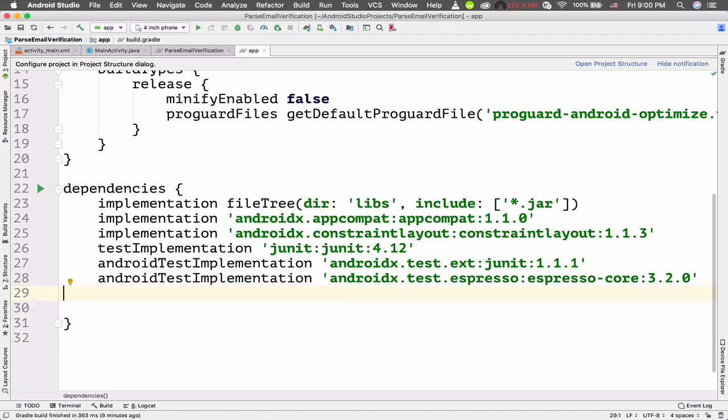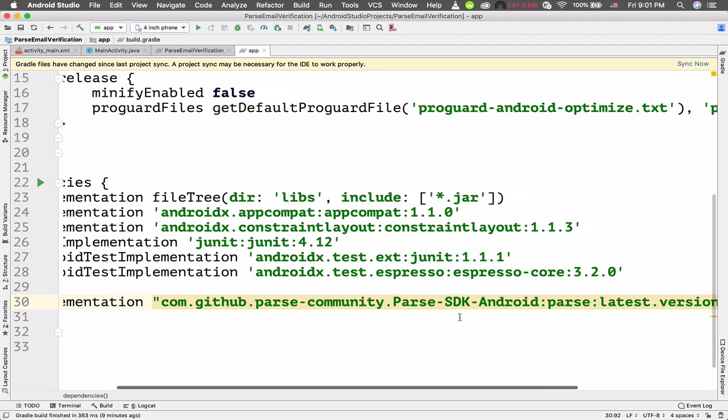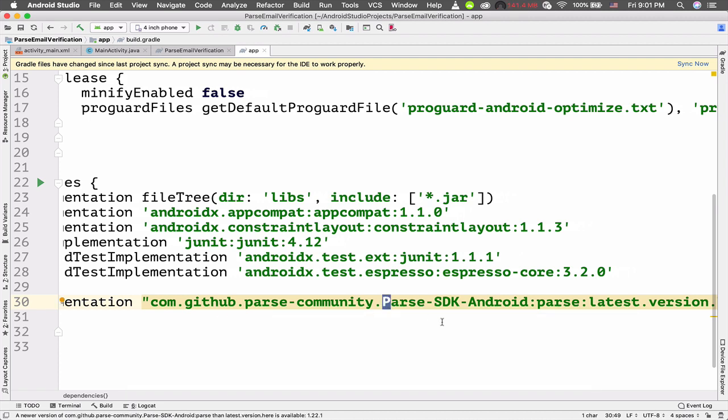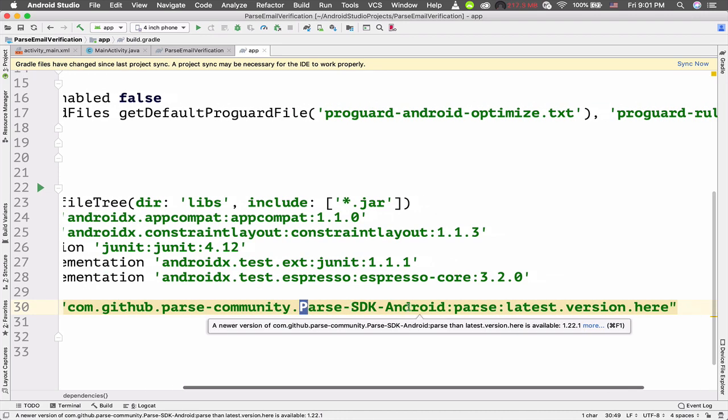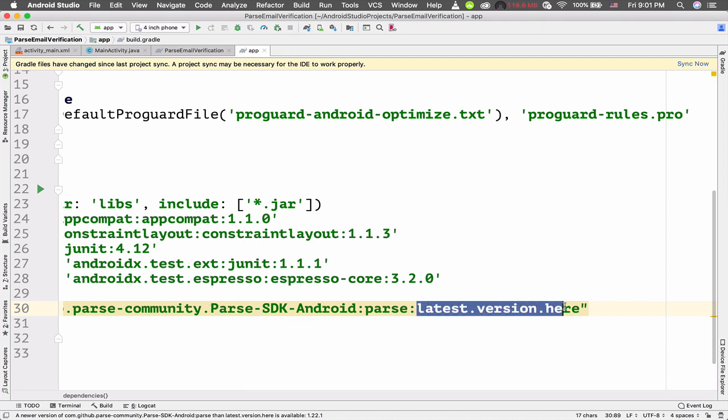Let's just paste this line: implementation, and then inside the double quotes, com.github.parse-community.Parse. Make sure that the Parse is written with a capital letter; the P should be in uppercase. Parse-SDK-Android:parse: and after that we need to enter the latest version of the Parse